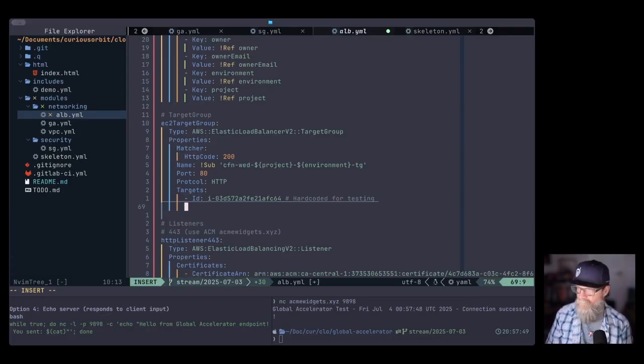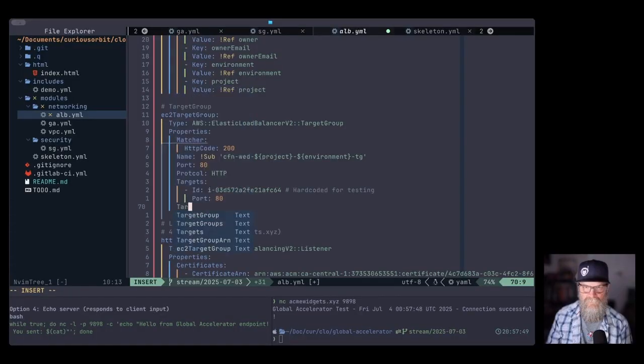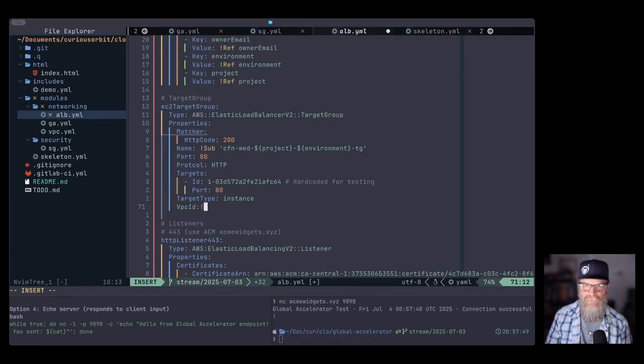And then what's this? The port on which the target is listening. So we're going to say port 80 as well. Okay, that's fine. Targets, the target type, I think, is just instance. Yeah, okay, so target type is instance. And then we need a VPC ID. So this, we do have a reference to, right? So we can go